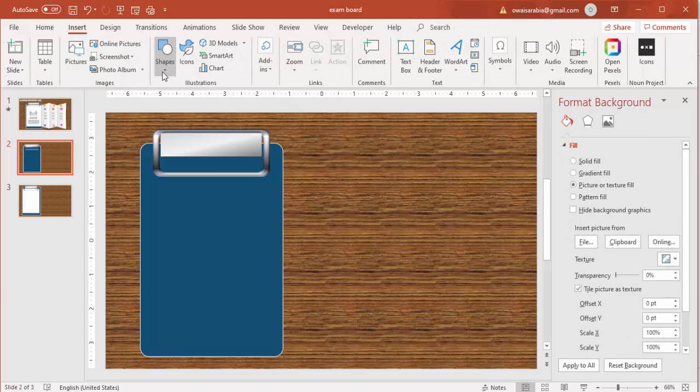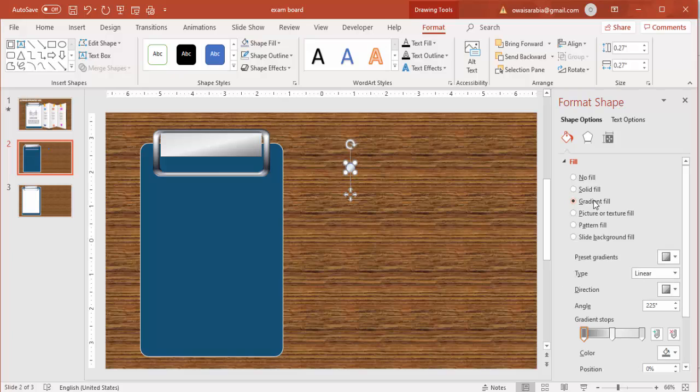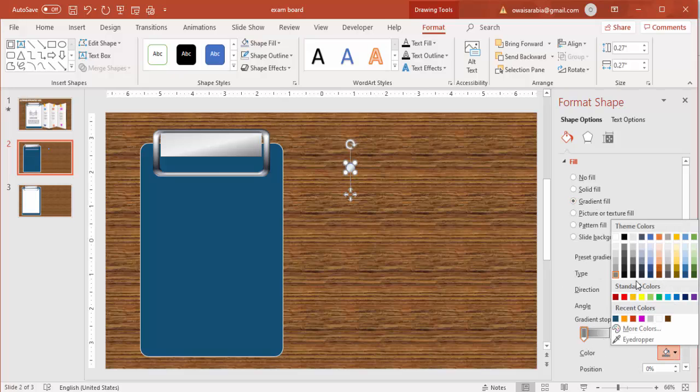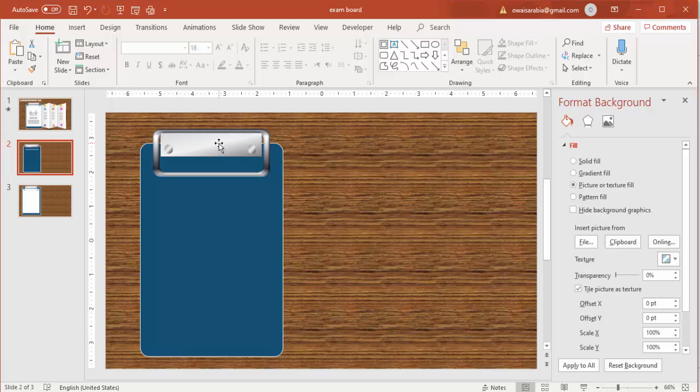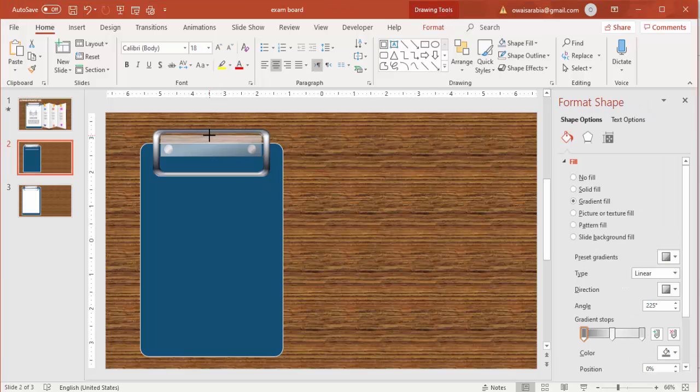And then go to insert, shapes, select a oval shape, draw the small oval. Again, give this also a gradient fill, but give some darker color. Make it no outline and place it here. This size I'm just going to reduce a little bit till here, from this side also,